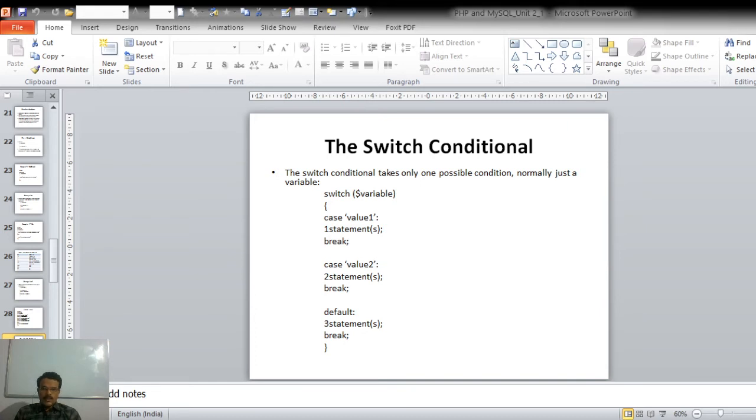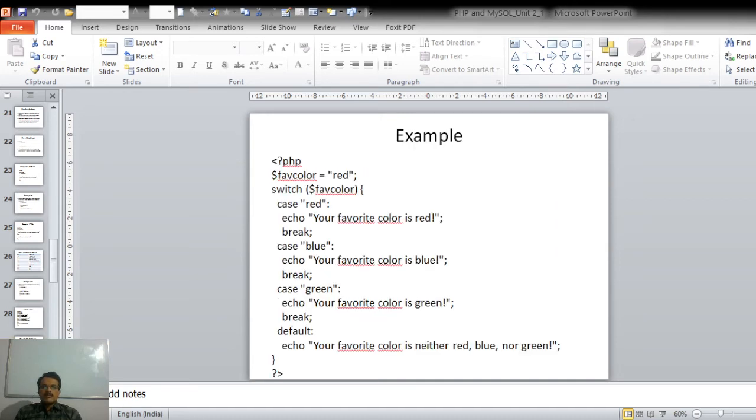and we are coming out of this switch statement. If the variable contains the value 2, then the second statement will be executed. If the variable contains the value 3, then the third statement will be executed. And like the if else if conditionals have the optional else part, similarly here we declare the default case, where if none of the above mentioned cases work out, then the default case will be executed. Right? If the value doesn't match any of the values given in the different cases, then the default case will be executed. So let's have an example.